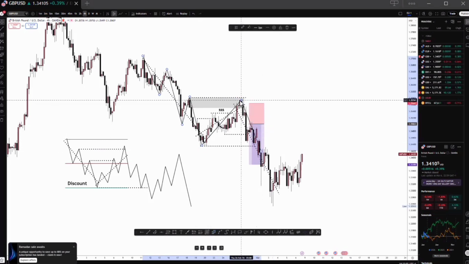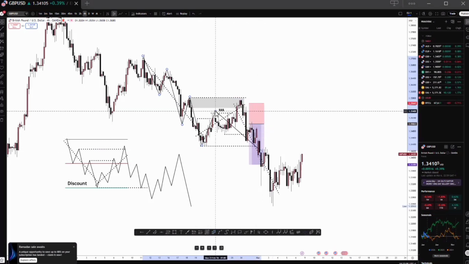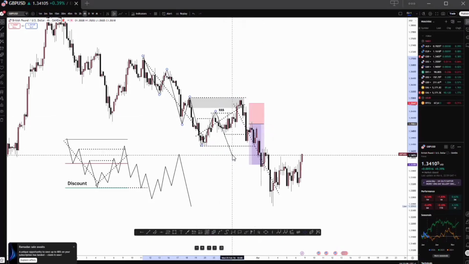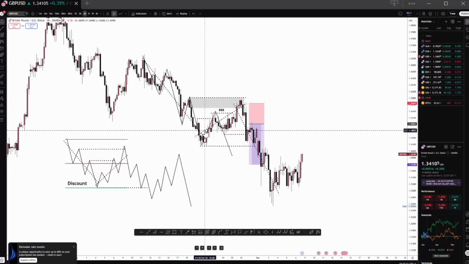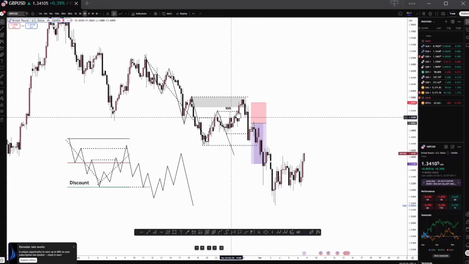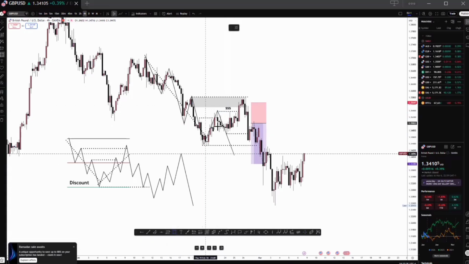let me say this was supposed to be the high, right? And then this was supposed to be the former structure, right? Let me take this out. So what would be the only thing that happened? What would be the point that created this mitigation? It would be that a manipulation happened here